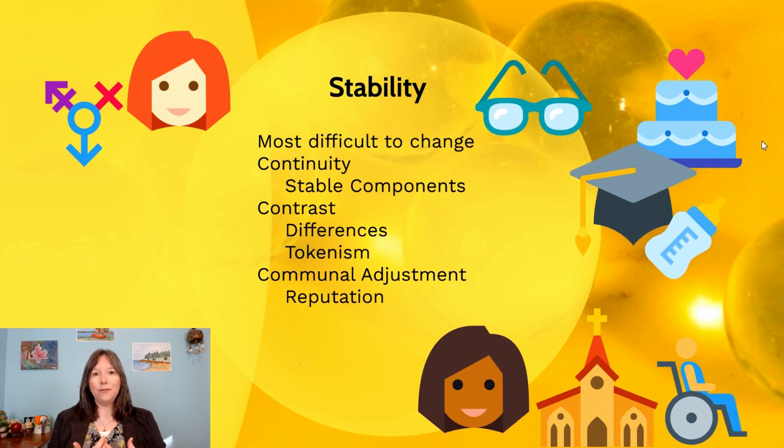And so this is the idea that if you are an ethnic minority, if you're a religious minority, if you're a person with a visible disability, these are things that although you don't see them as part of your core self-concept, they may be pretty peripheral to who you think you are. Other people may pick up on this and choose to use this as part of your reputation. And so this is problematic. And because this is so resistant to change, other people may use some of these tokenisms and some of these things even after they change.